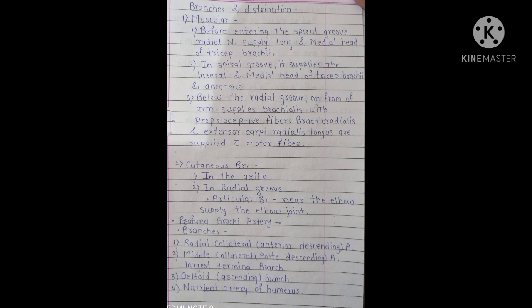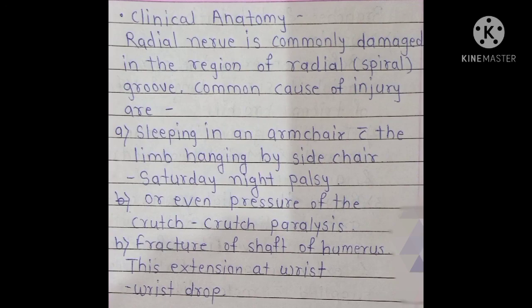Then the branches of the profunda brachii artery are the radial collateral, that is the anterior descending artery, the middle collateral, that is the posterior descending artery, which is the largest terminal branch, then the deltoid ascending branch, and the nutrient artery to the humerus. Then the clinical anatomy is: